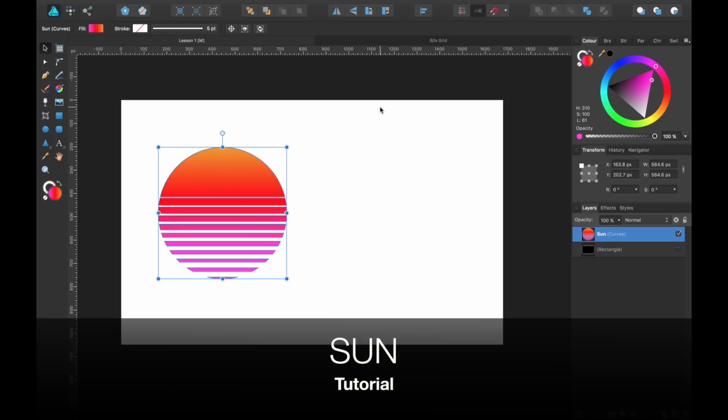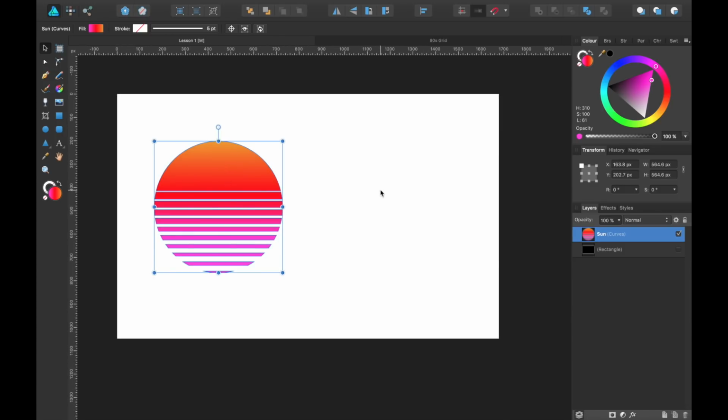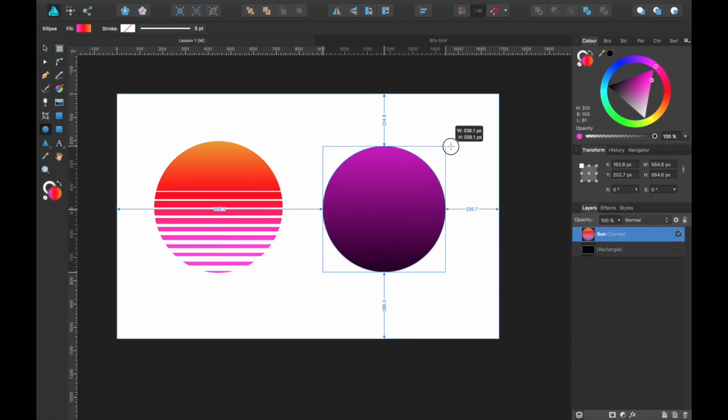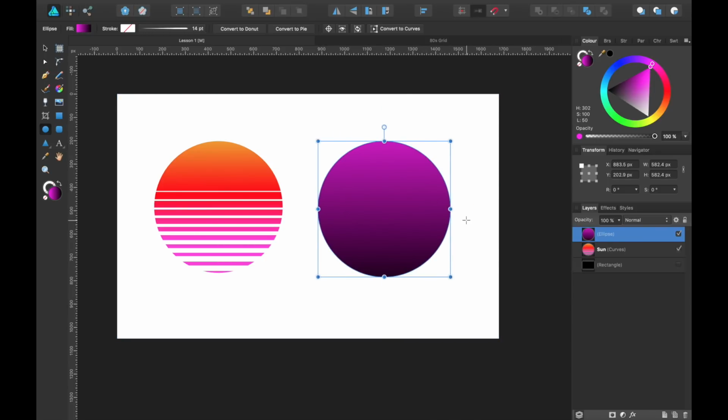Now we're going to recreate the sun, the 80s sun, in the design I showed you earlier. Okay, so all we can see here is a circle with some lines cut out with some color. Okay, so we'll go to the circle tool. Click. And if you hold Shift and Command, it will make a full circle, not an egg shape. Alright, so let's get something similar to that. There we go.